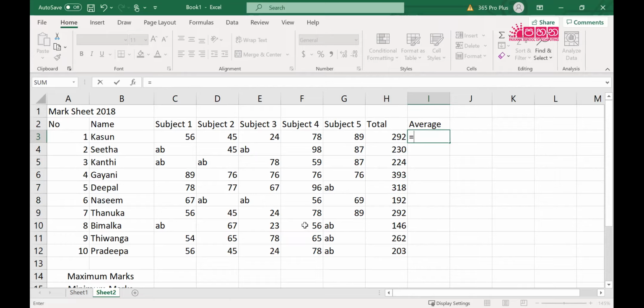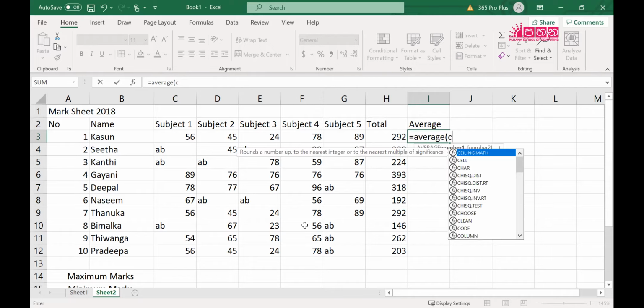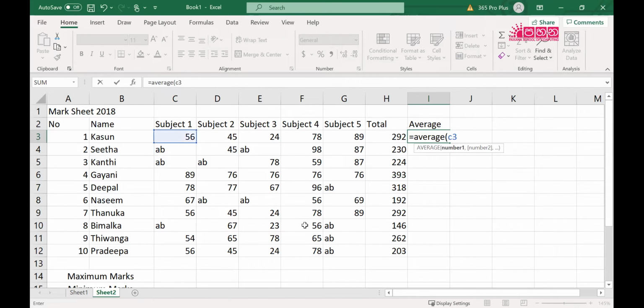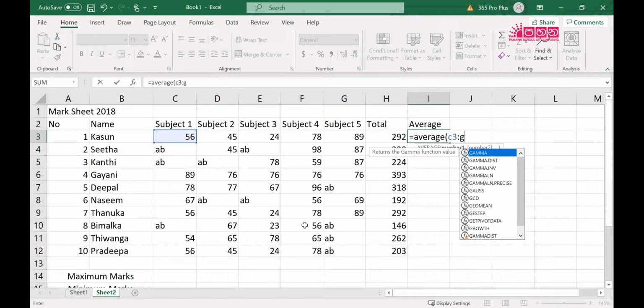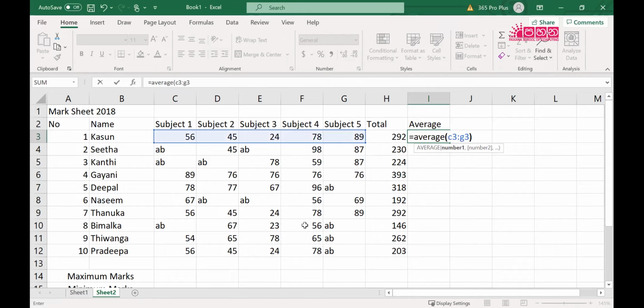Or simply you can say average, and can you tell me the range? What will be the range? It goes from C3 to G3, right?